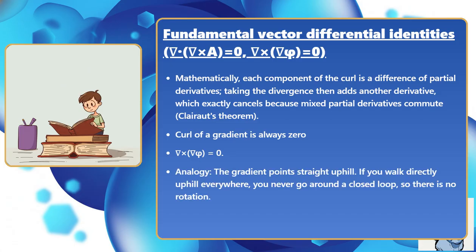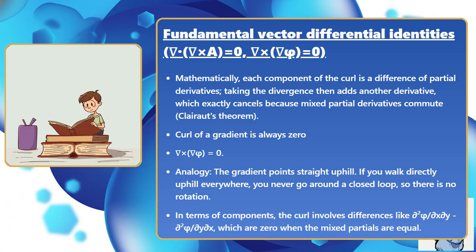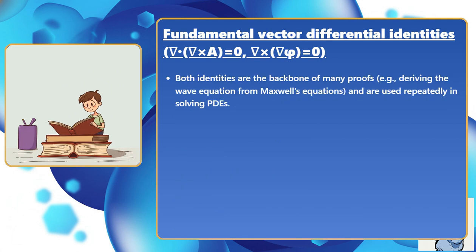The gradient points straight uphill. If you walk directly uphill everywhere, you never go around a closed loop, so there is no rotation. In terms of components, the curl involves differences like partial squared phi over partial x partial y minus partial squared phi over partial y partial x, which are 0 when the mixed partials are equal. Both identities are the backbone of many proofs, for example deriving the wave equation from Maxwell's equations, and are used